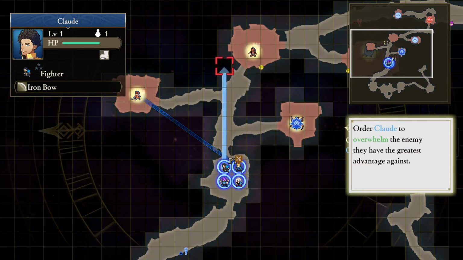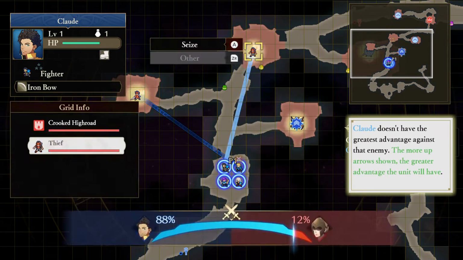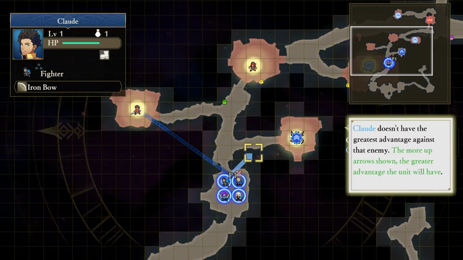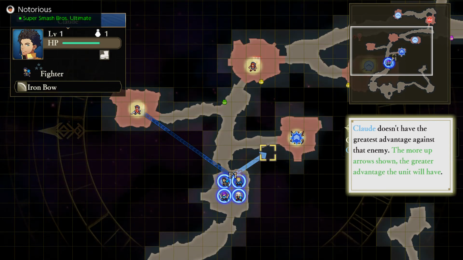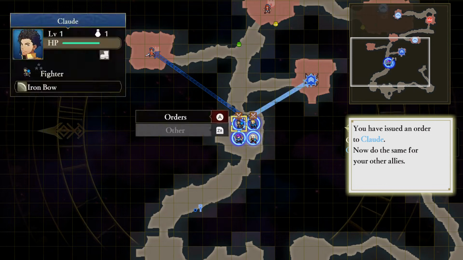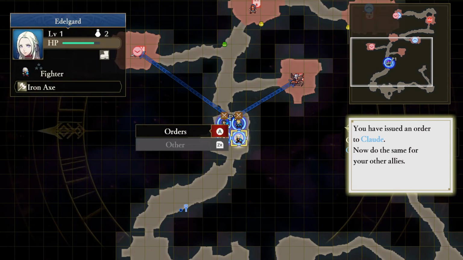Let's try this. Okay, so how about if I get Cloud over there? Okay, so we can go ahead and send you over there. Okay, so Cloud doesn't have the greatest advantage against that enemy. But the more upper arrows are shown, the greater advantage that the unit will have. Oh, I see. Okay, now I can go ahead and have you go to the east to take out the thief at the Overgrown Trail. Okay, and for Eldegarde...